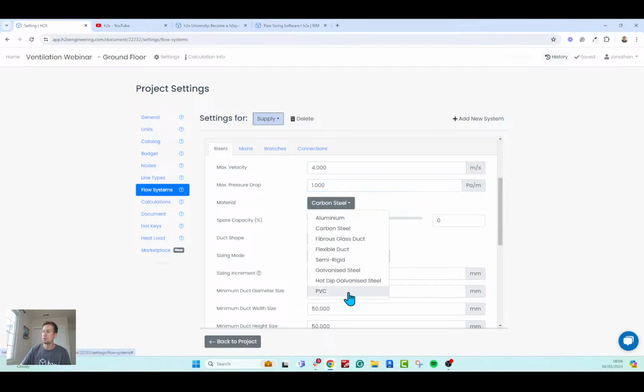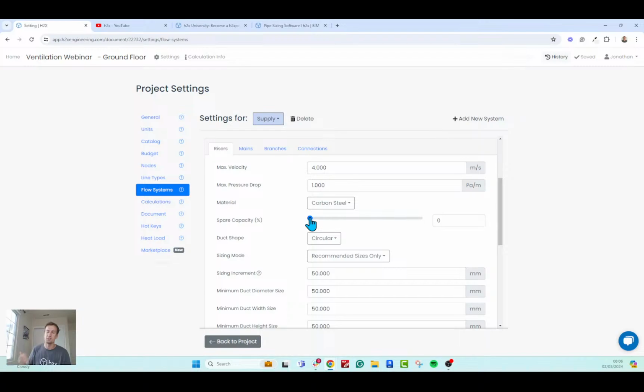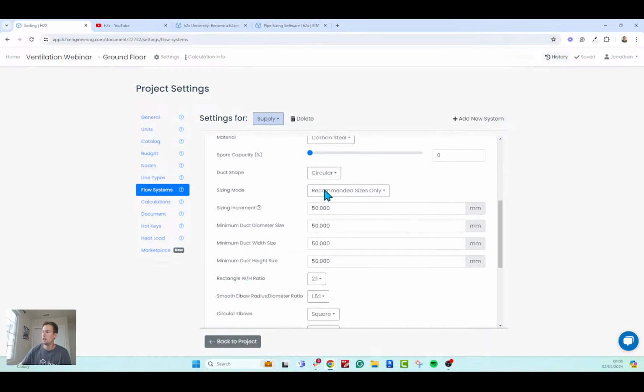Range of materials to choose from. So just choose the one you'd like. If you want to add a spare capacity, so like an extra 5-10% onto your calculations, just to be conservative for, well, a range of reasons, you can do that here. And then getting more into the actual shape of the ductwork. First of all, do you want circular or rectangular? And then when it's actually giving you that size, there's 3 options. Do you want to use recommended sizes? So there's things out of industry handbooks or like the CIBSE guides where it tells you these are the sizes that regularly get used. So I'll leave it on that today, but